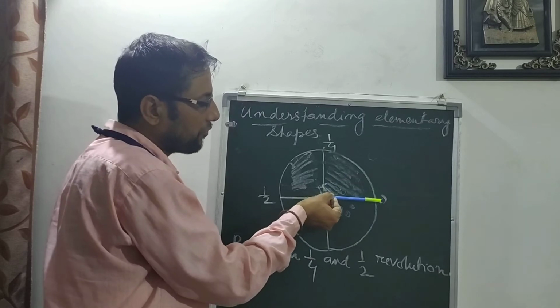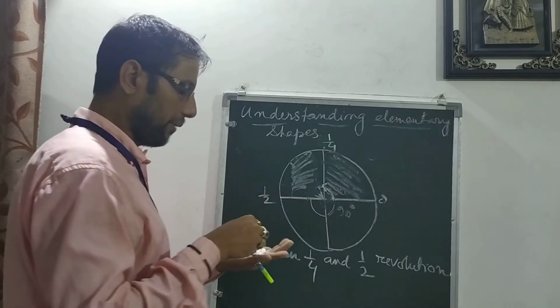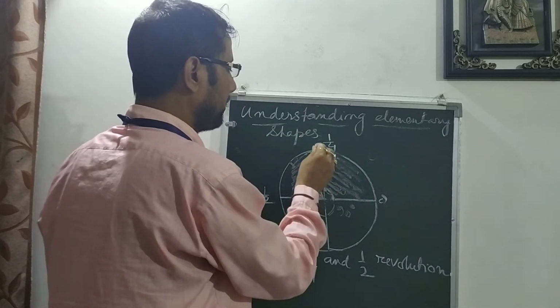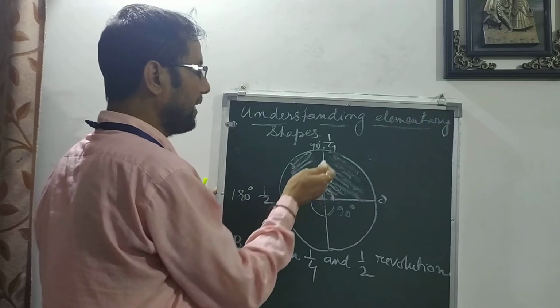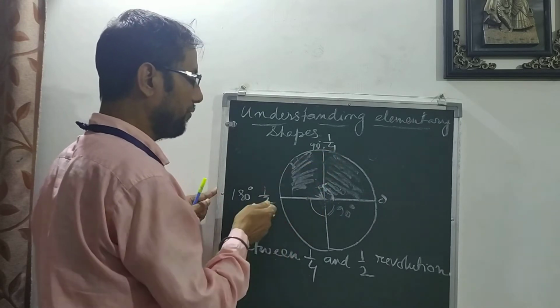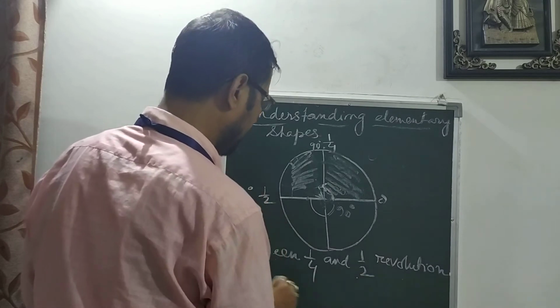And if it starts from here and goes till here, it is 180 degree. Now it becomes that it lies between 90 and 180. In another way, we can say that the angle lies between 90 and 180. It means between 1/4 and half revolution. It means